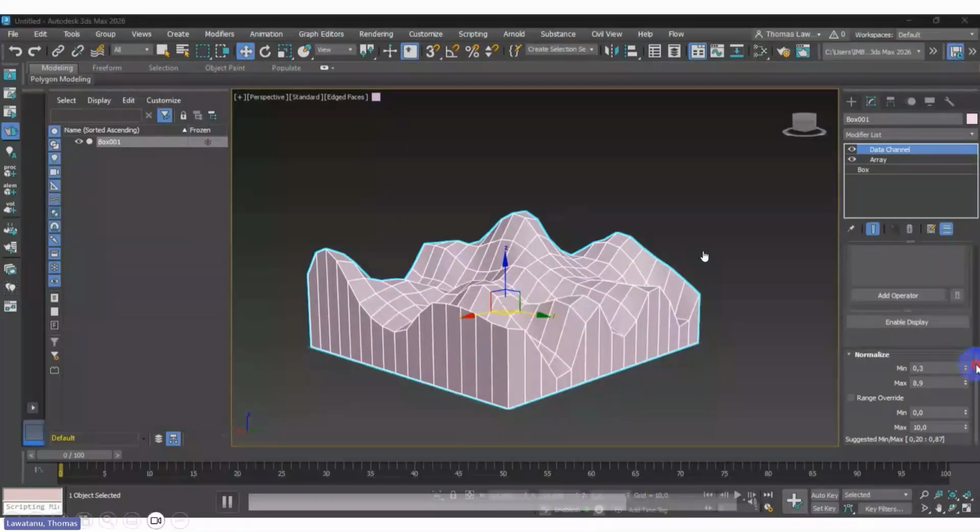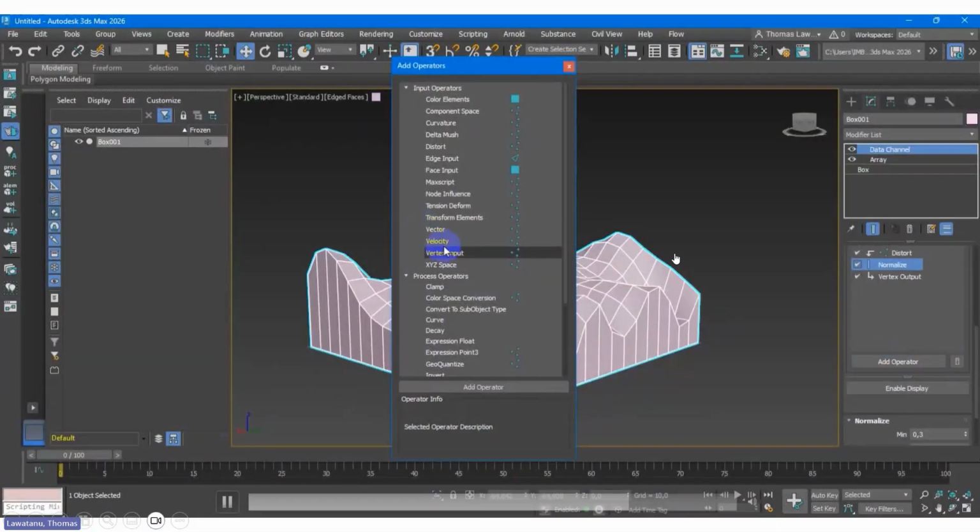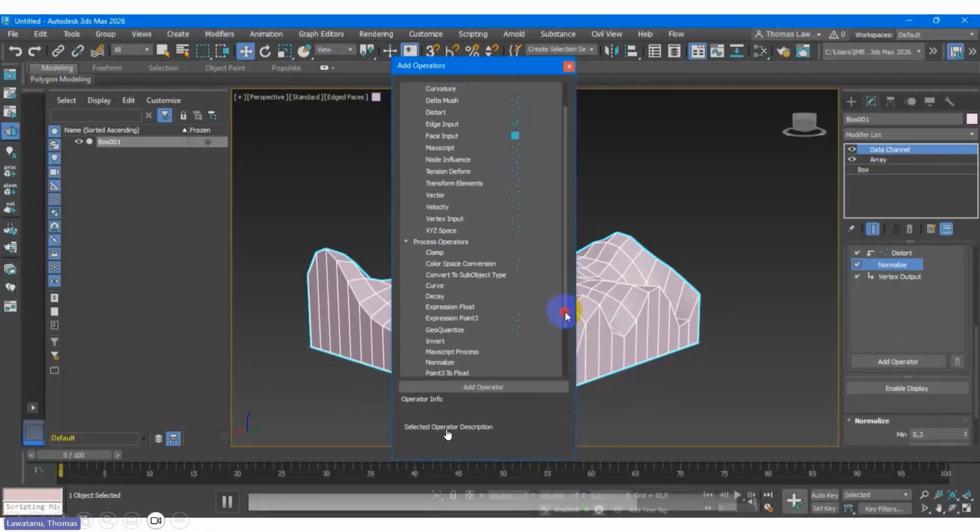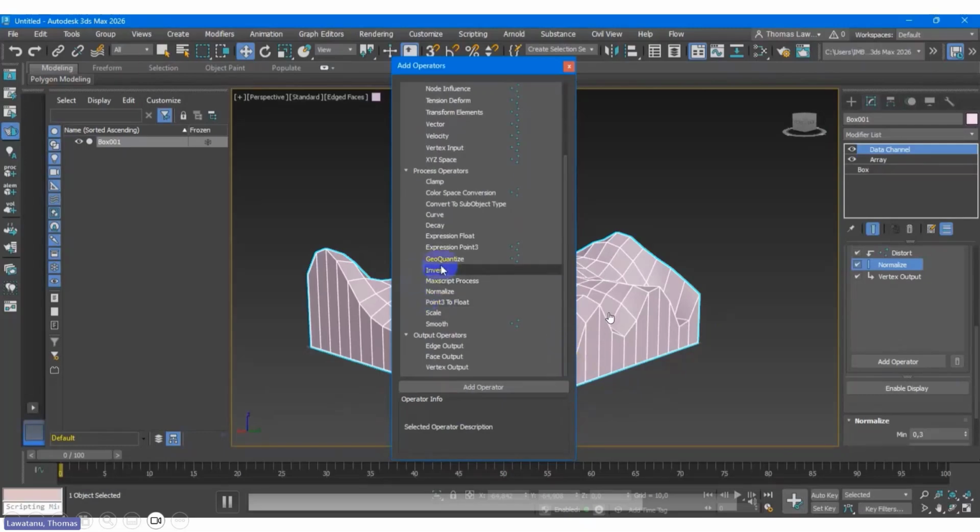Okay. So again I need the vertex input. So I need to change from this surface to this geo.